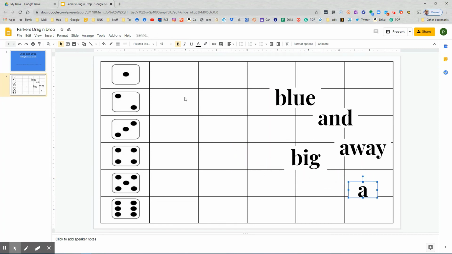And I want you to put them in this column right here, starting at the top and going down as far as you can. So your job is to get into Parker's Drag and Drop in your Drive and drag the letters over here. And you can see that it's shared. Up in the top corner, it says it's shared with who? Me. That's who. So when you're done, you have to send me a message that lets me know you're finished,